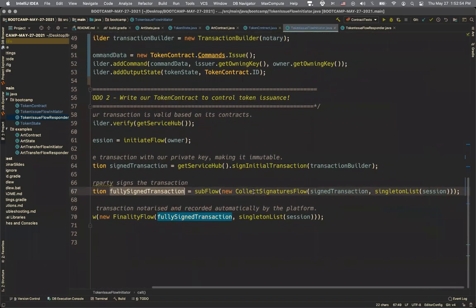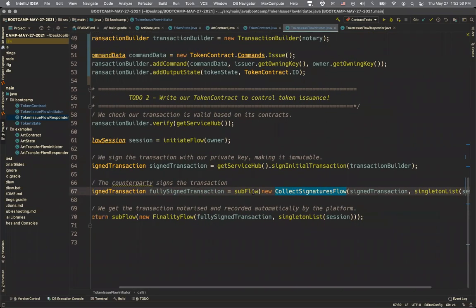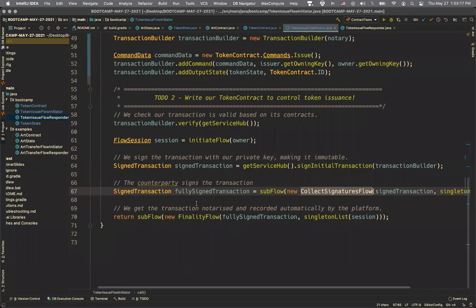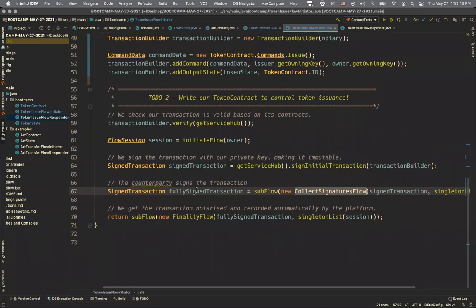Then we have the fully signed transaction, which is when they have signed. So we're going to run a subflow called the collect signatures flow. When we've run this subflow, the collect signatures subflow will go to the other node, to the owner, in this case B. This is how we go to B and get their signature, get them to run the verification, etc. And then once we have the fully signed transaction, which is to say the transaction that we have signed